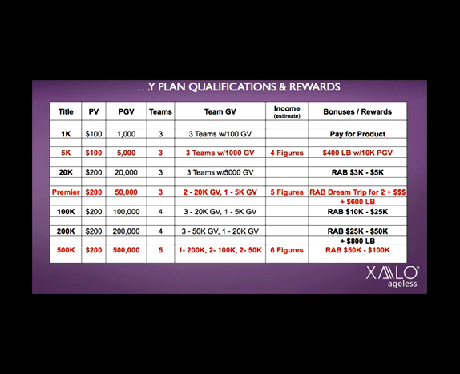Okay, Premier, this is the one I'm really excited about because it's a 5-figure monthly income. That seems to be probably 80% of the people that I sponsor in this business want to know how to make 5 figures a month. And this is it. You become a Premier. You become a Premier by doing 200 points personal and developing a team, your group volume of 50,000 points. And that's just 3 teams. You can have 4, 5, 6, 10 teams, but at least 3 of those teams, 2 of them have to have 20,000 in volume on their team, and 1 of them has to have 5,000 in volume on their team.